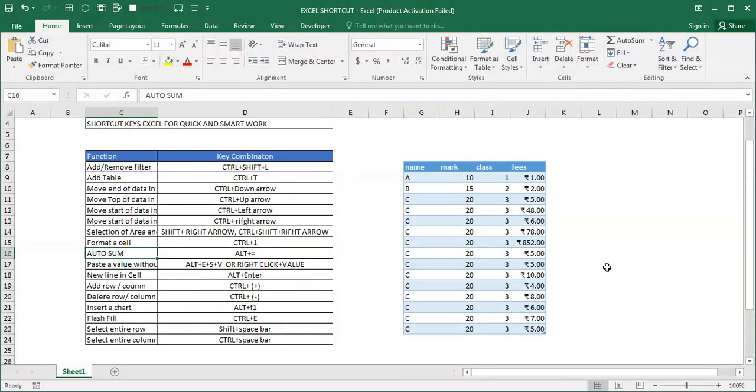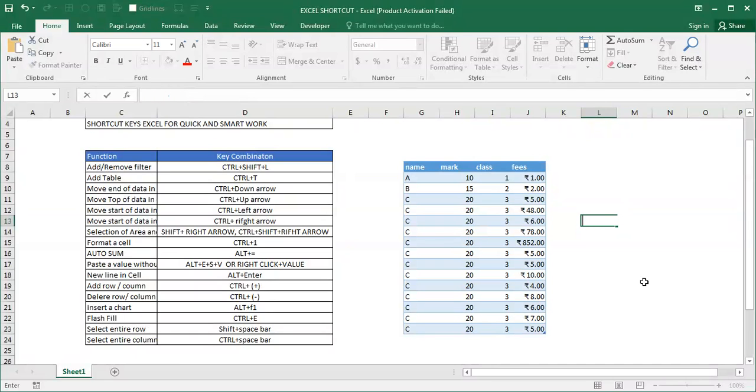Auto sum means suppose you want to calculate how much amount is there. So instead of opening a calculator or pressing 1 plus 1 plus 2 plus 5 plus 48, in this way it will consume more time.